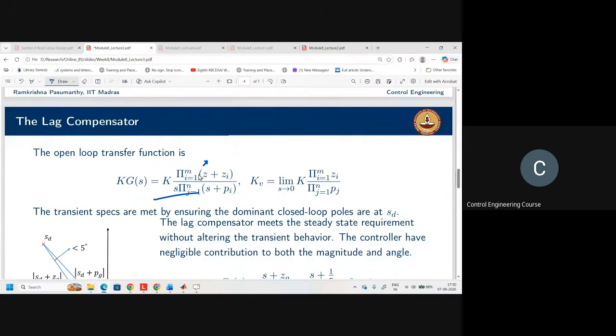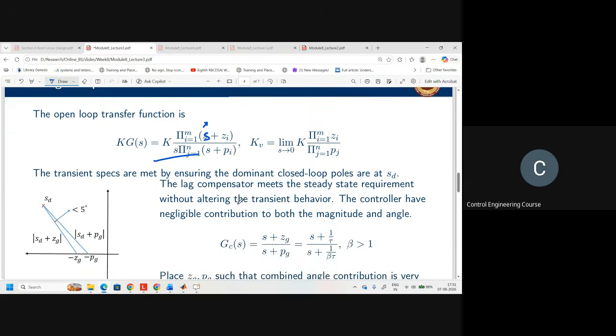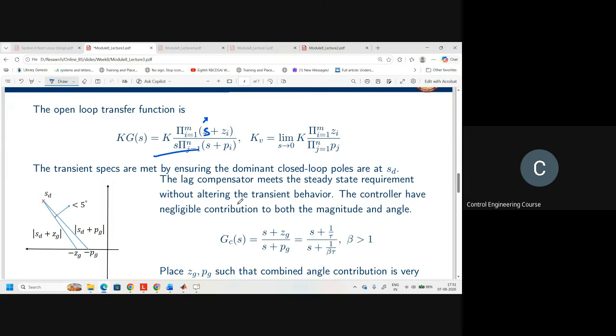This is the product of zeros divided by product of poles, where Kv is nothing but limit s tends to 0 of s times G(s), that is equal to K into product of zi by pi. Now the transient specifications we want to be maintained as desired. That means first we calculate the desired closed loop pole Sd, and if that is already satisfactory and already on the root locus, then what we have to do is design a lag compensator